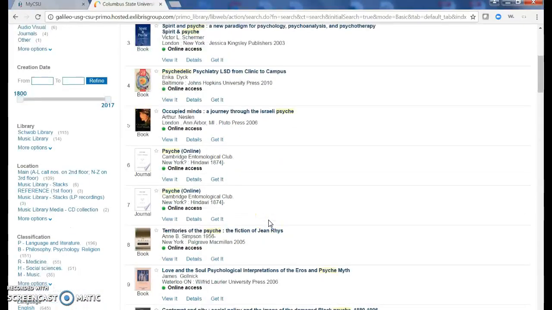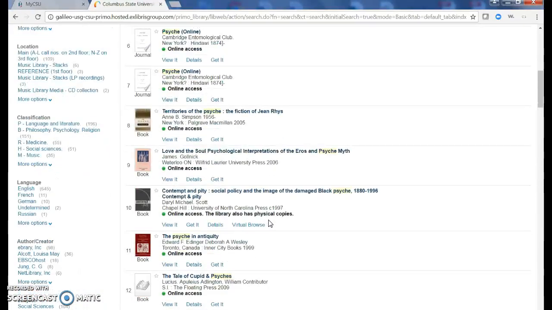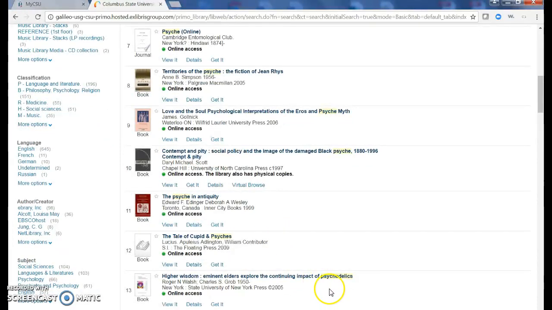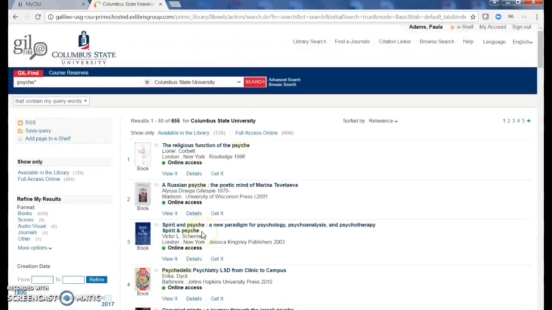So we get a lot of stuff here, and we do get a different form of this term in the form of the word psychedelic or psychedelics here. That's a different way. Again, the only way you're going to get better at this is if you play with it. Okay. So example, if we put in man and put it in asterisk,